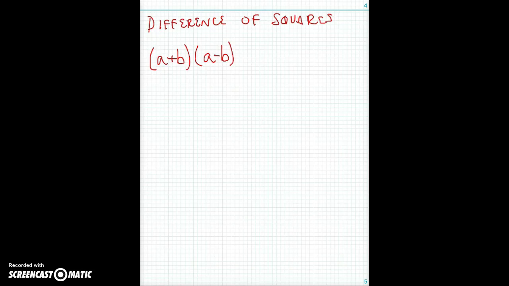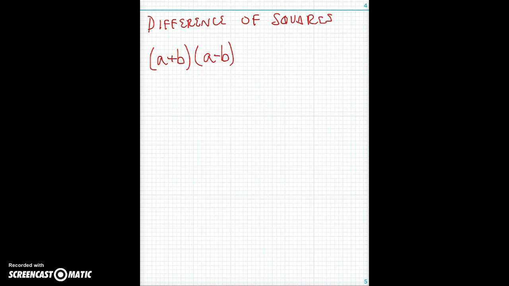The third and final special product we're going to look at is called a difference of squares. It's called a difference of squares mostly because of what the product of these two binomials looks like. Again, we're going to take this general case where we have a binomial that looks like a plus b times a binomial that looks like a minus b, and we're just going to multiply it out using the distributive property